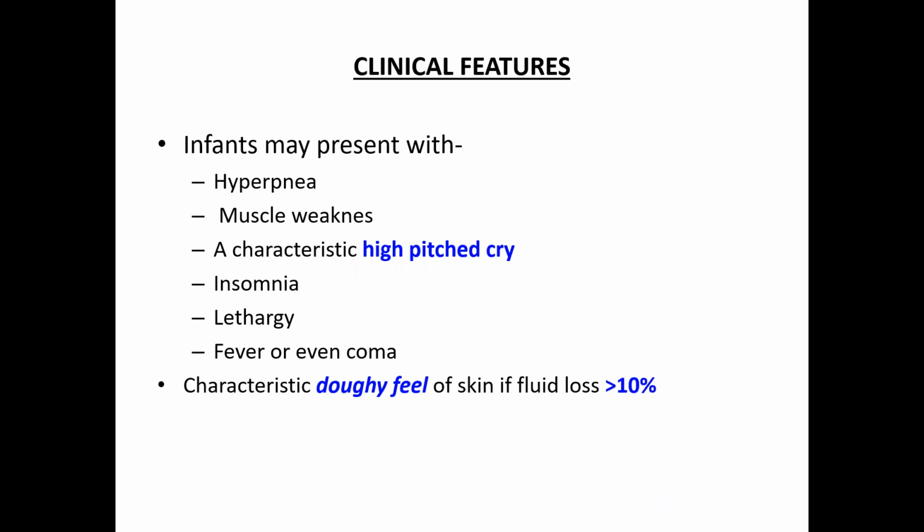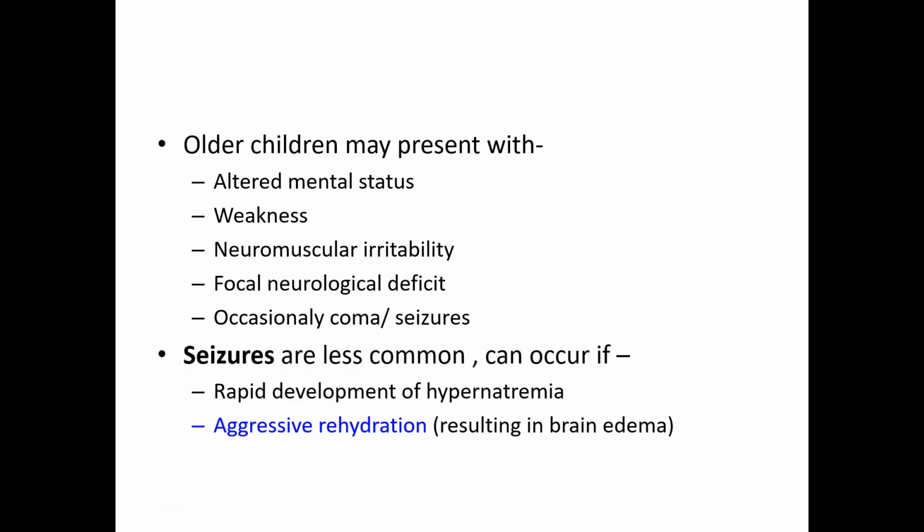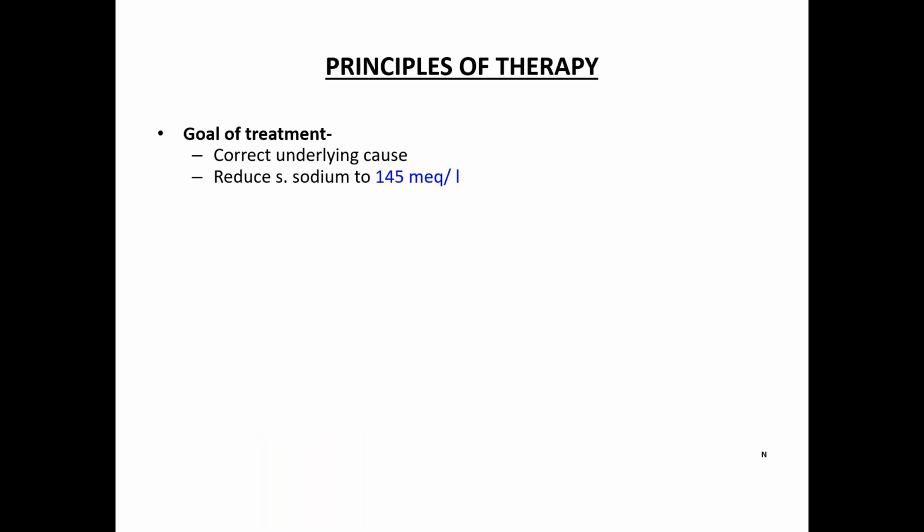The patient with hypernatremia has features of hyperpnea, that is increased respiratory rate, muscle weakness, high pitched cry, and they often have a doughy feel of the skin. This unfortunately impairs the skin pinch sign which we had discussed earlier. Older kids might have weakness, and they might have focal neurological deficit because they stroke out sometimes. And remember, in hypernatremia, seizures don't occur, but if you rapidly correct, you will have features of increased intracranial pressure due to cerebral edema,